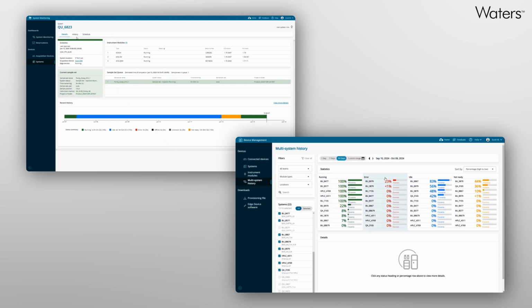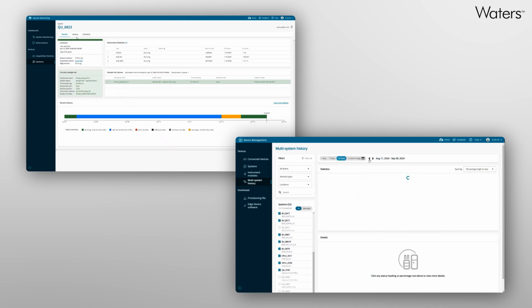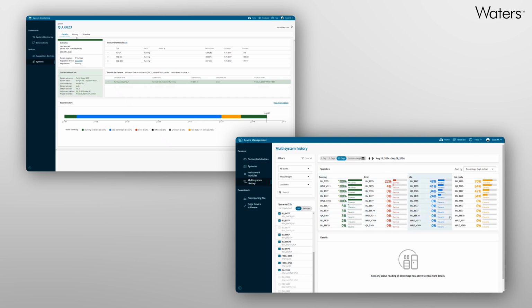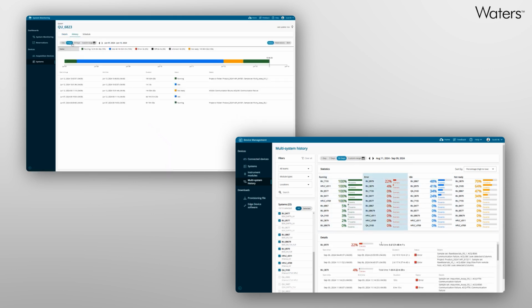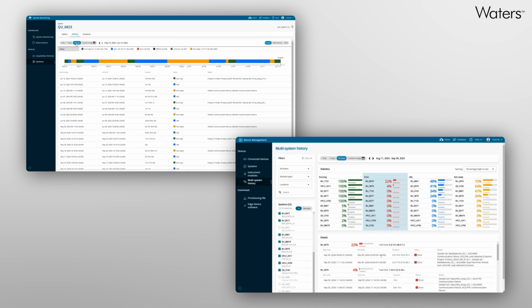Information includes error details, allowing ease of troubleshooting and increase in system uptime. Running information shows how and when a system is being used. And if you want to know how long a system has been sitting idle, that information is available as well. You can view these status event details in History Timeline to easily visualize the use of each system.